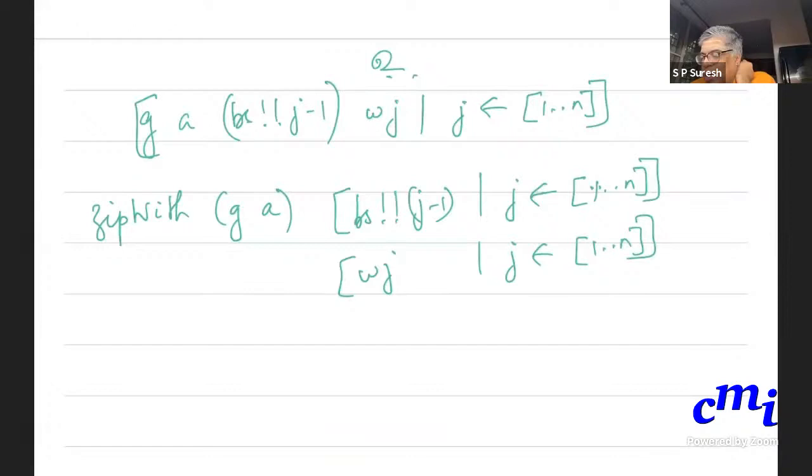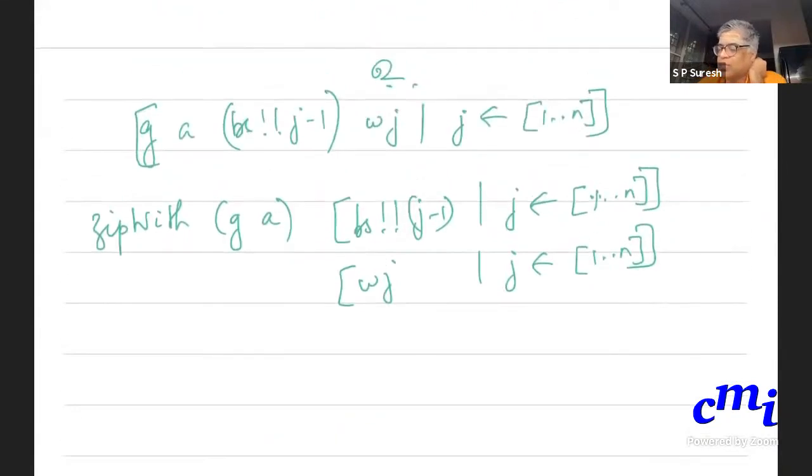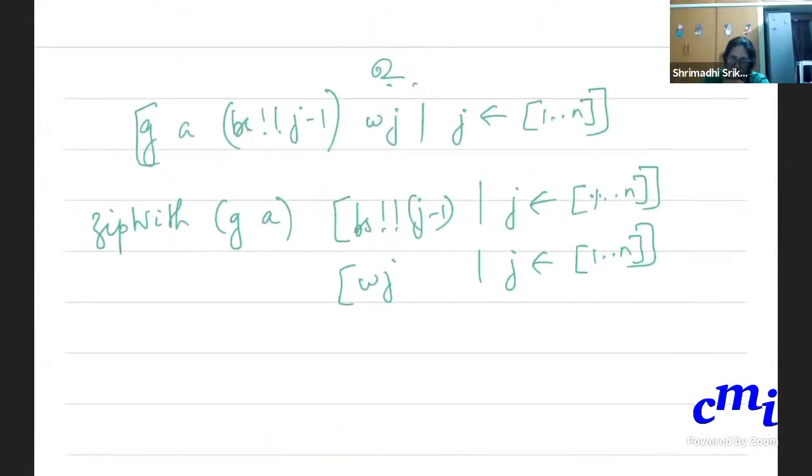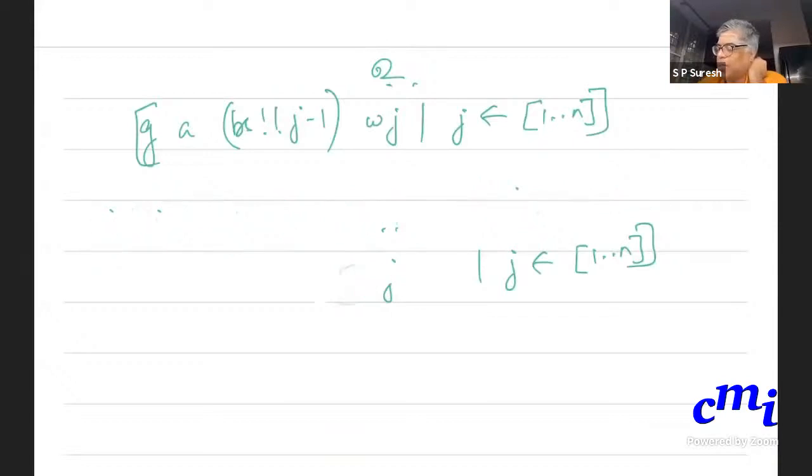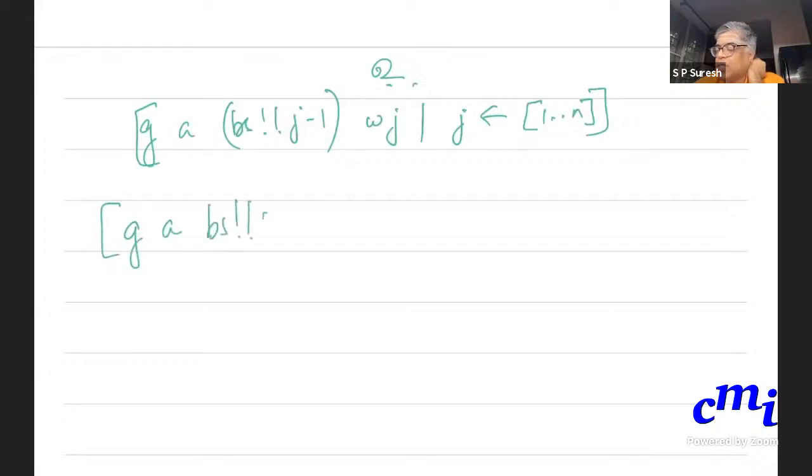So let us, if you want to do it in more detail, I'll do it. One second. What is this? This I can write as GA, BS 0, W1, comma, GA, BS 1, W2.